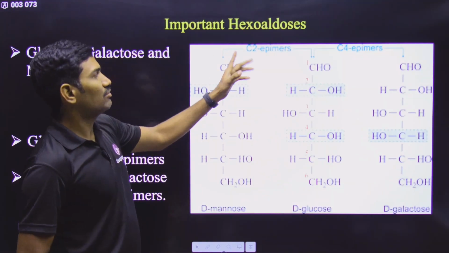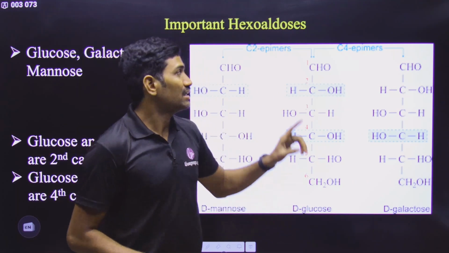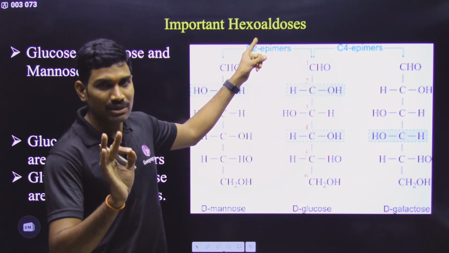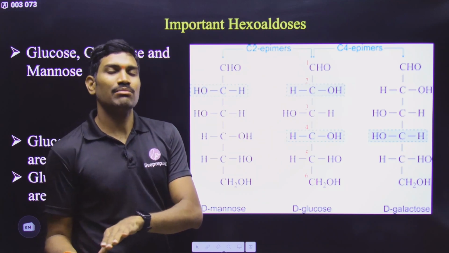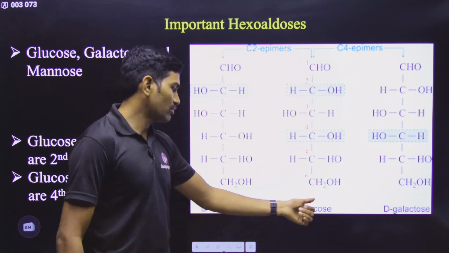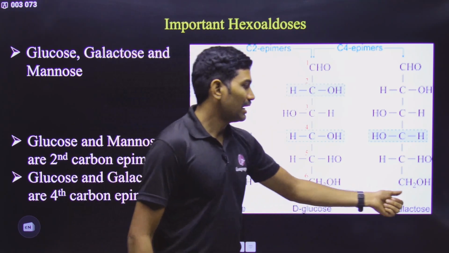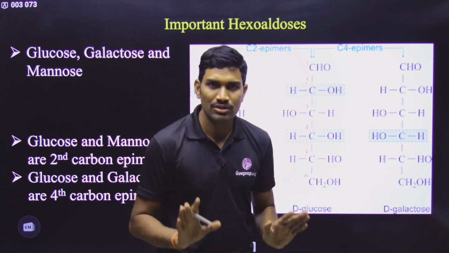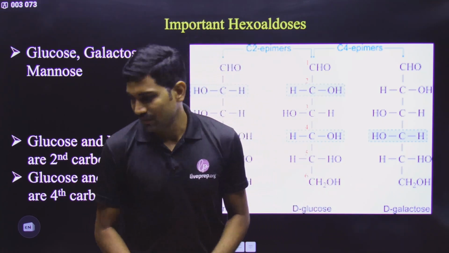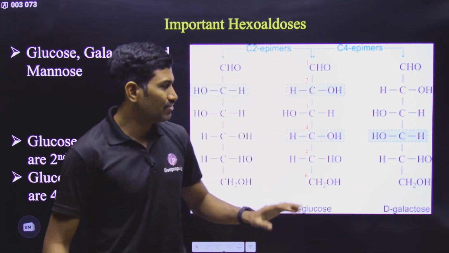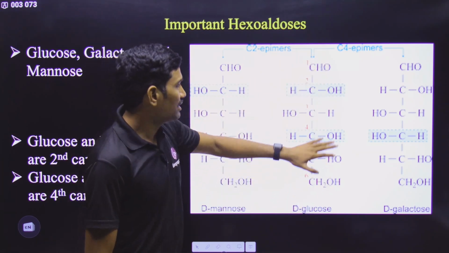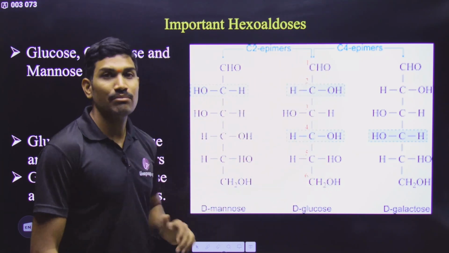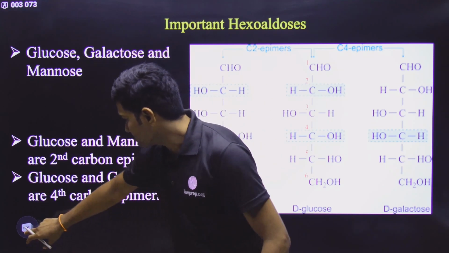So now we are directly going to the 6 carbon containing hexoses, the 6 carbon aldoses, aldehyde group containing. Under the 6 carbon aldehyde group containing, we are studying glucose, mannose and galactose. Understood or not? So observe this content carefully here. First we are writing the glucose structure, and then we will write the mannose structure. Okay. So please observe carefully.